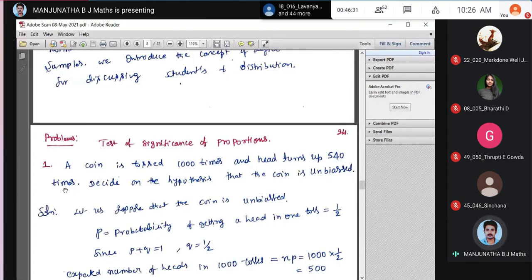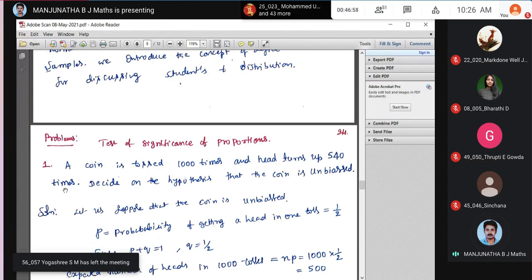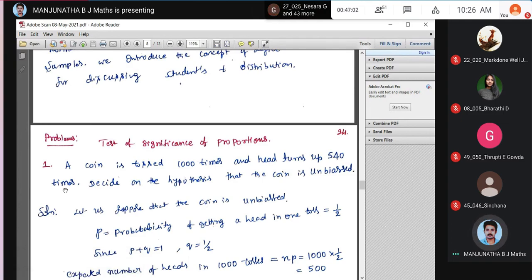What is testing? What is the null hypothesis? What is the alternative hypothesis? Next, note the confidence interval. Then come to the proportion. What is the formula I have? First one is the Z formula. When the observed frequency, the observed number of successes, is given, P we definitely know, that is the proportion here. When I know N, you can compute the expected number. So take the Z formula, that is Z equals x minus NP divided by square root of NPQ.